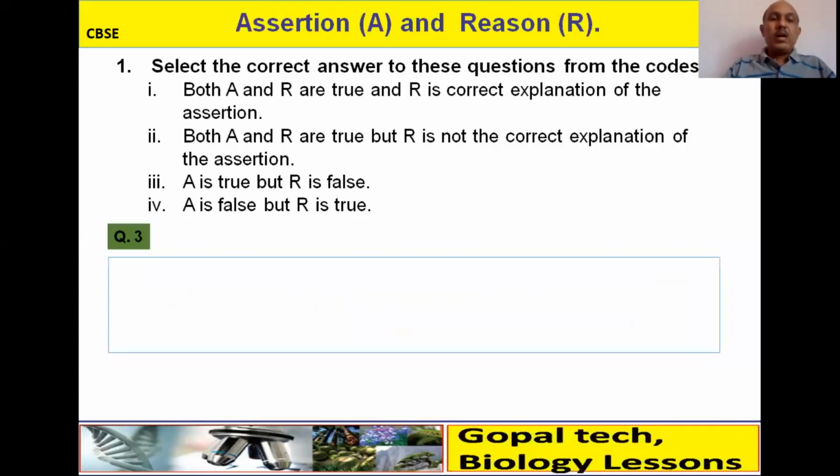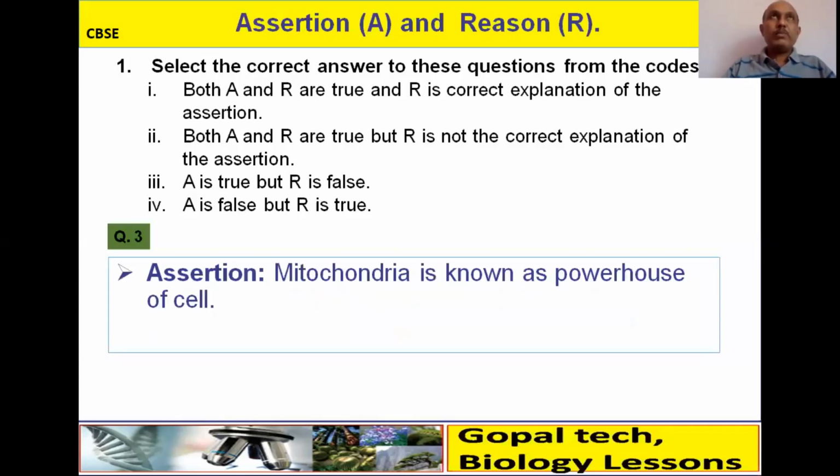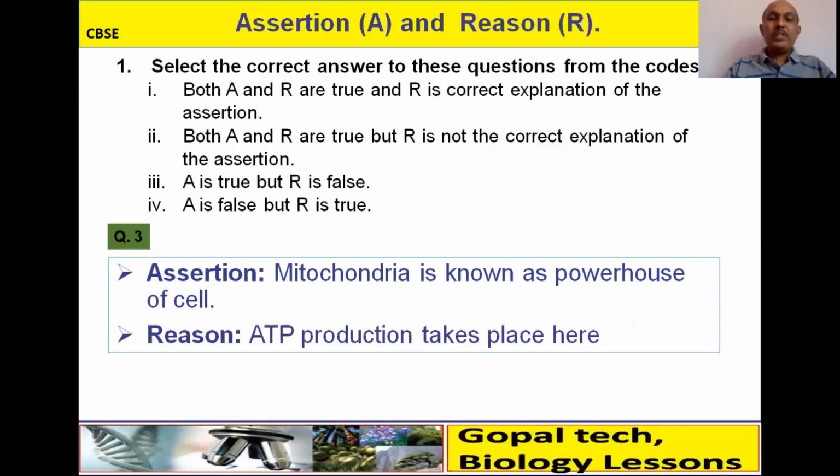क्वेश्चन नंबर 3, माइटोकॉन्ड्रिया इज नोन एज पावर हाउस ऑफ सेल, बिल्कुल सही है। एटीपी प्रोडक्शन टेक्स प्लेस हियर, ये भी सही है, लेकिन क्या करेक्ट एक्सप्लेनेशन है? योर आंसर इज यस। तो ऐसे बहुत सारे सवाल आएंगे।